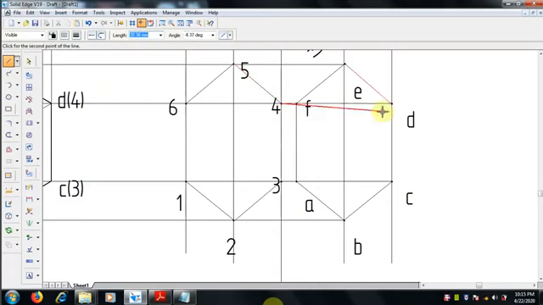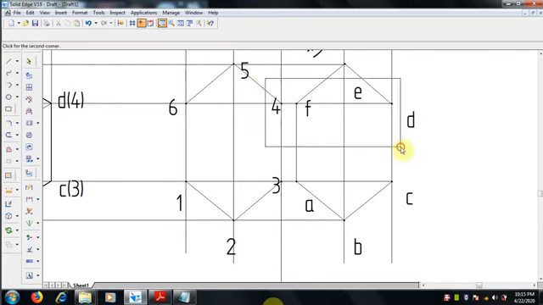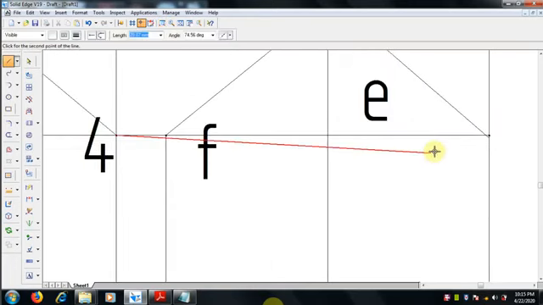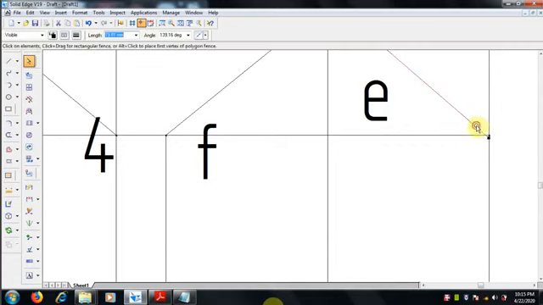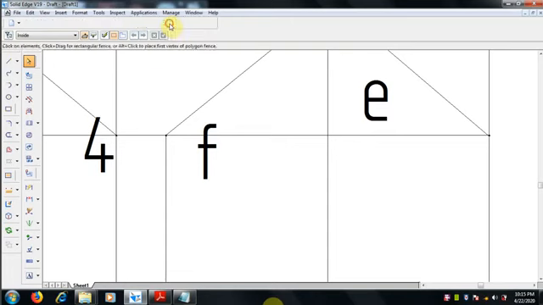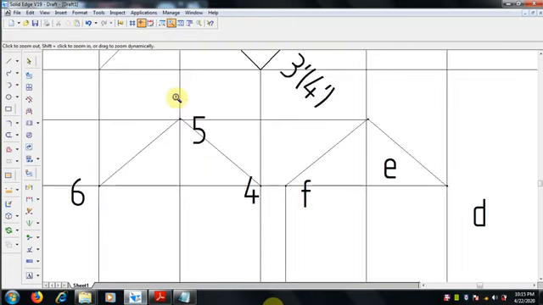Four is connected with D. The intersection we have to check properly. If there is any problem, then zoom in and solve it. All should be aligned properly, otherwise we will get two end points. So once this is done,